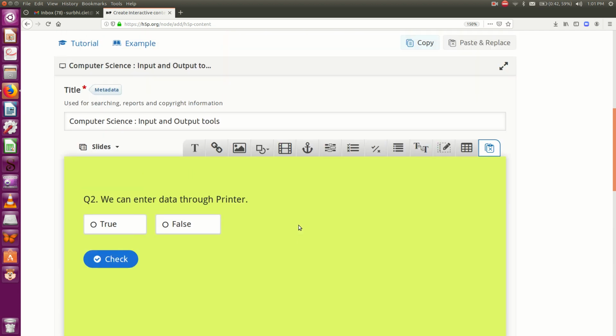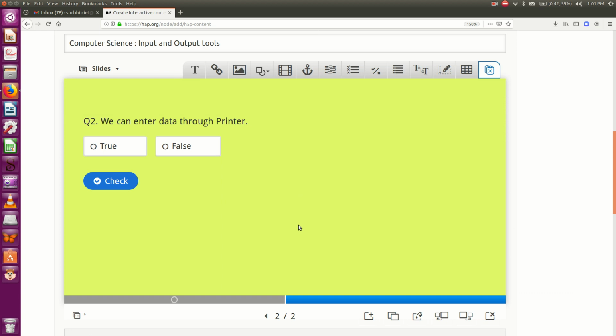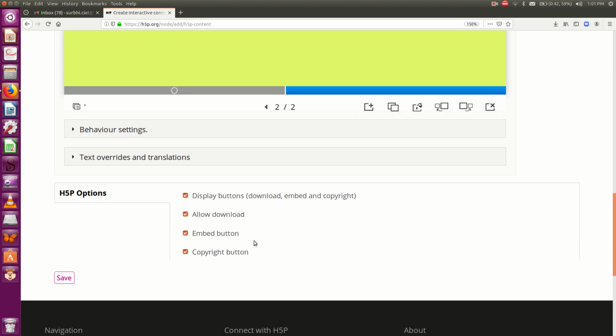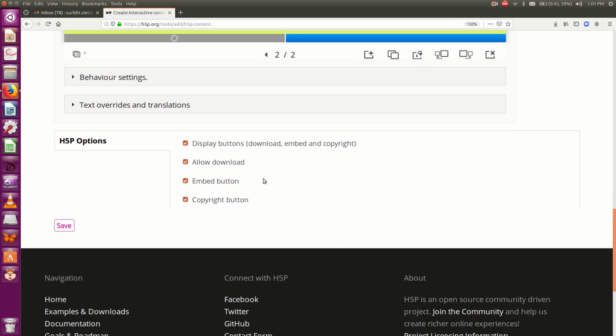And after adding the questions, if you feel that these many questions are sufficient for this e-content, scroll down the page and click on the save button. So whatever we have created will get saved and we will be able to see the final output.